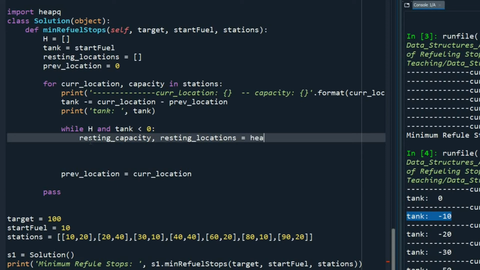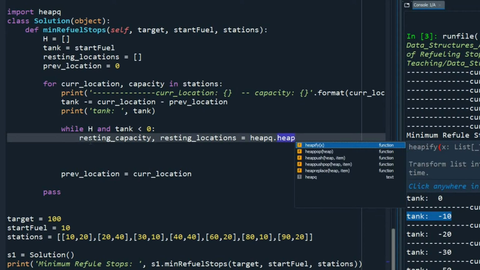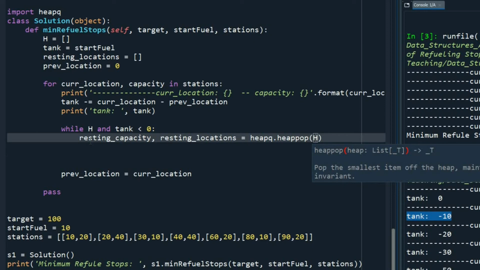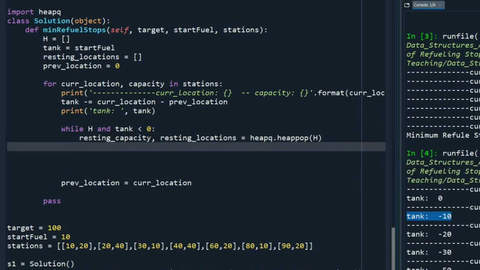Say heapq.heappop(h). So I'm going to get two variables. First thing that we do is update our tank, because now we can increase the amount of fuel in it. So we say tank is tank minus resting